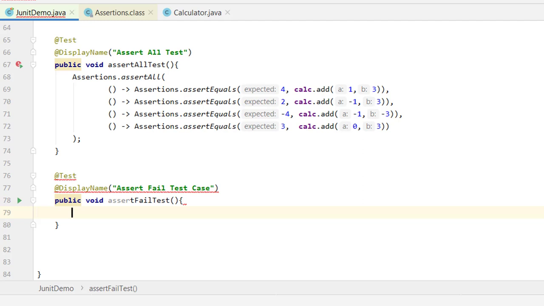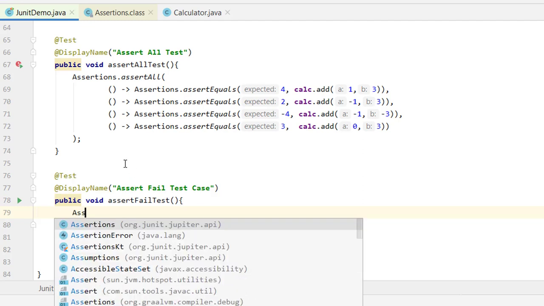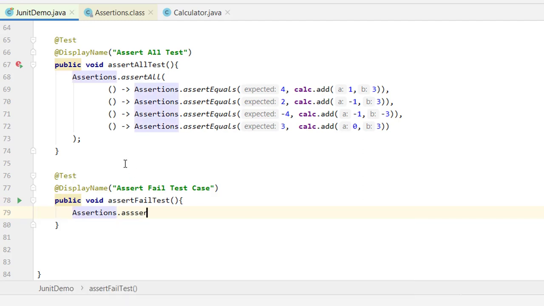Let me write assertions dot assert. Oh, it is assertions dot fail. That's why I was wondering why assert fail was not coming. And we can also provide one message here.